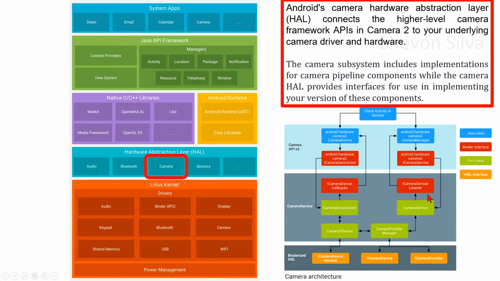ICameraService is the interface to the camera service, and ICameraDeviceUser is the interface to a specific open camera device, and an ICameraServiceListener here,